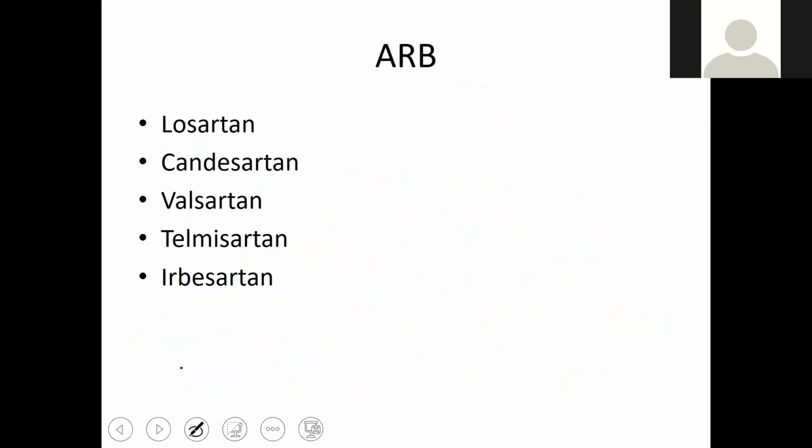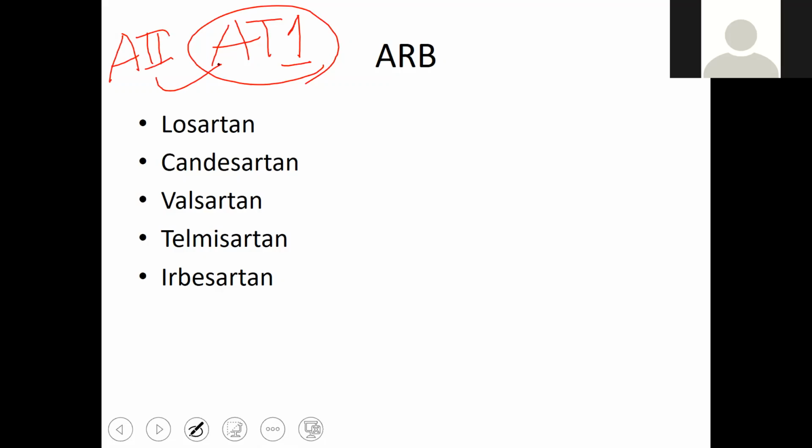Okay, coming to the last one, angiotensin receptor blockers. Whatever the path by which angiotensin is synthesized, it must always act on the receptor, that is the angiotensin receptor AT1 particularly, not AT2. AT2 is opposite. Most of the vascular actions are because of AT1. So angiotensin 2 must act on the angiotensin 1 receptor to produce the physiological action. So if we block this angiotensin 1 receptor by giving angiotensin receptor blockers, they are commonly called ARBs.